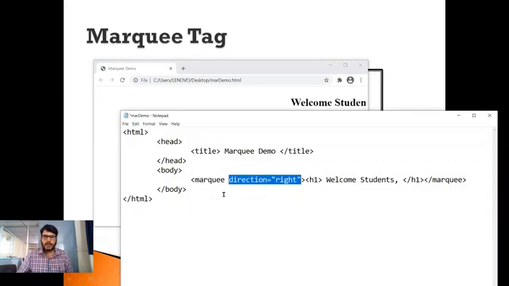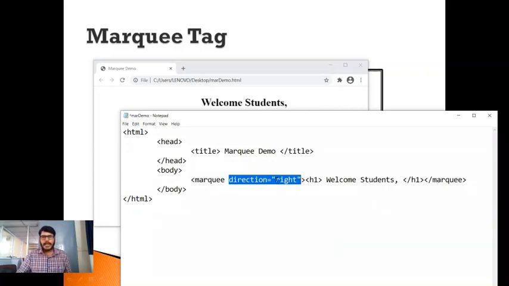In the marquee opening tag, I have used an attribute called direction. There is a direction attribute for the marquee tag. So with the help of this attribute, I can change the direction of movement for the content. Here I am going to set the value as right, so that the text or content will move towards right.